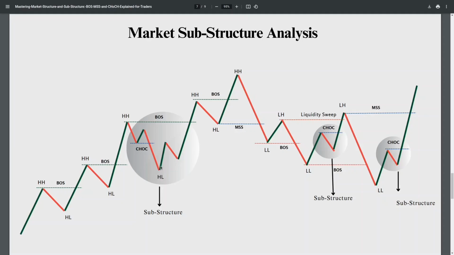Then the market from this low here makes a new high. Then from this point, it retraces, then breaks this structure. Here now is the highest high that the price